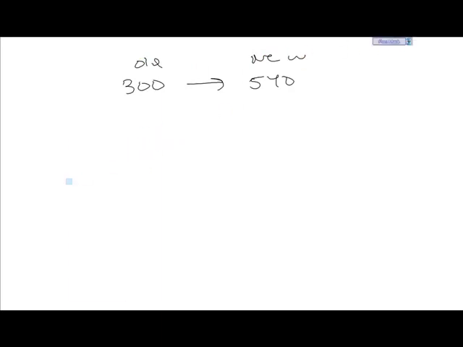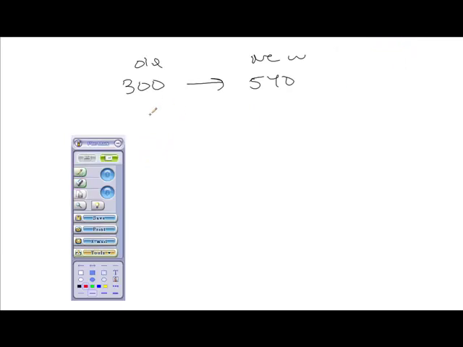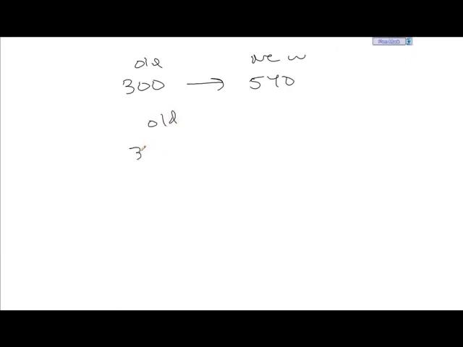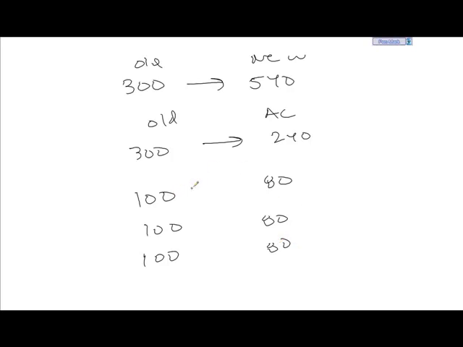So there's our old, there's our new, and now let's look at our old and look at our actual change. So our actual change was $240. Well, for every 100, if I break this up into 3 100s, and I break this up into 3 pieces, that means that for every $100 that I started off with,